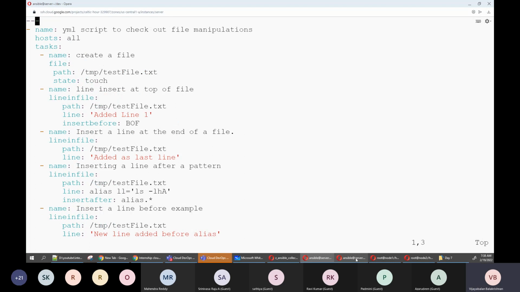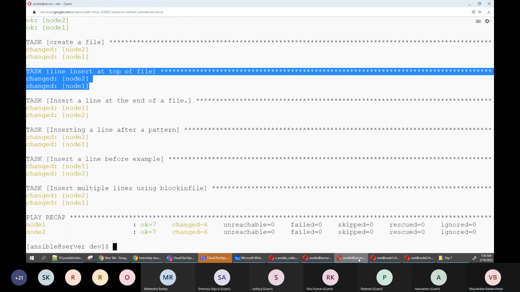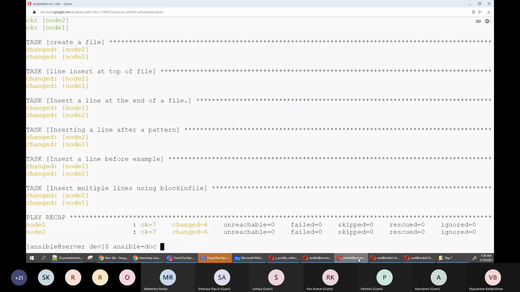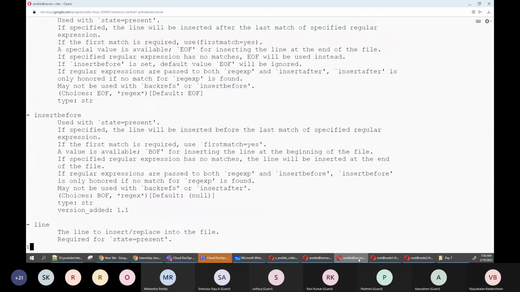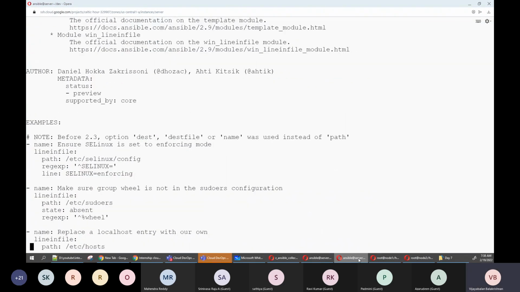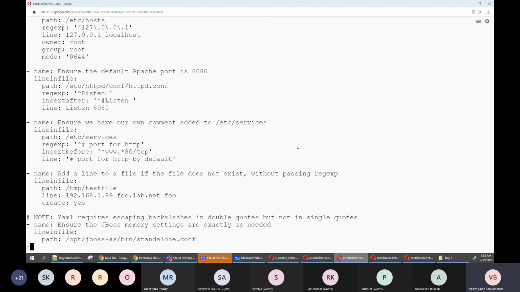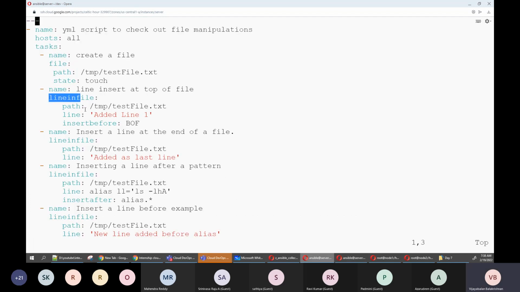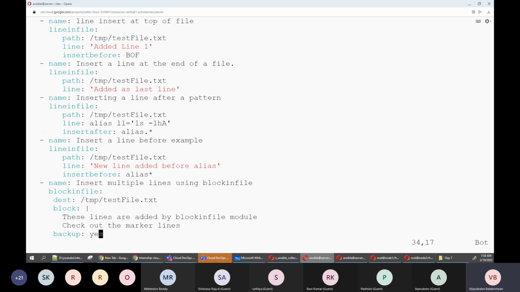Yeah, the lineinfile module. I'm going here, Ansible. So if I go here, lineinfile, see, you'll get everything in the examples. So even blockinfile and lineinfile are going to be more useful when you go to any real-time production projects. But I'm giving a good example. You can expand as per your need. The lineinfile module and blockinfile module are going to help in most of your day-to-day tasks.